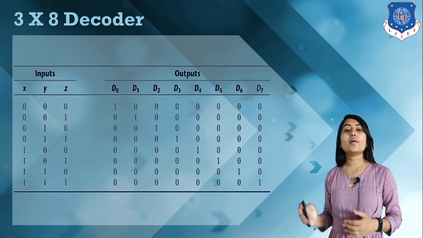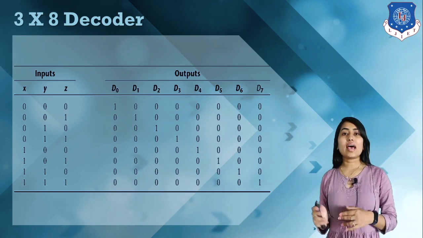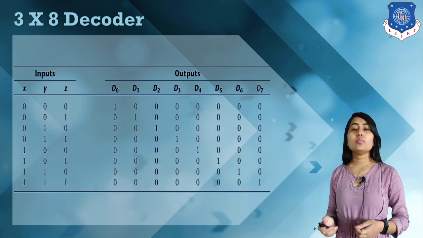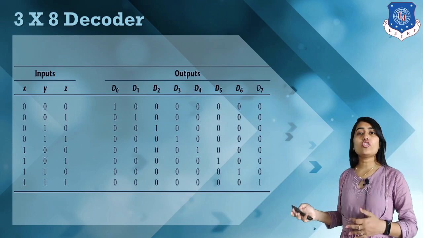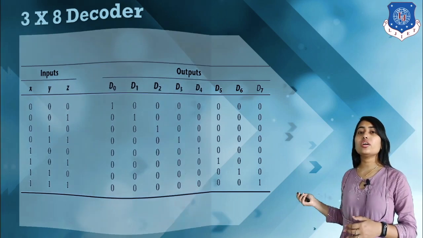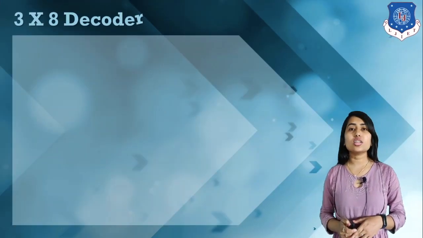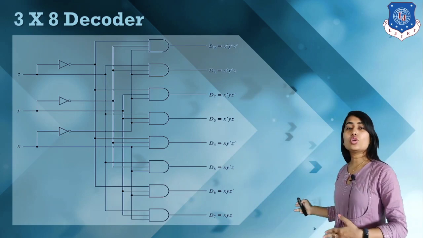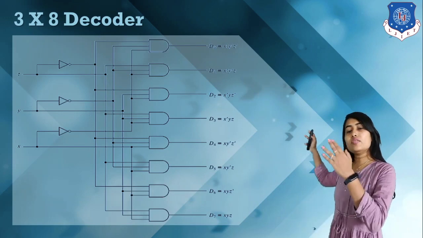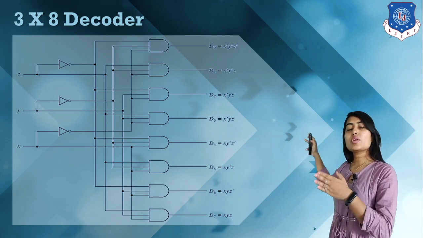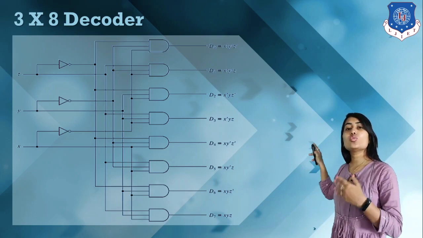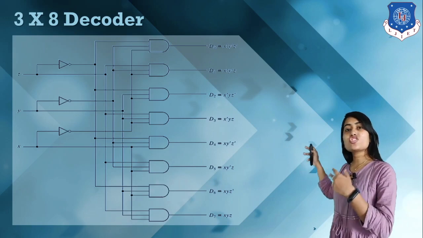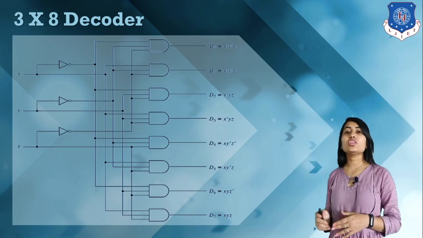Okay, so this is our 3x8 decoder, and using this 3x8 decoder we can write a logical diagram and logical expressions. So here we have a logical diagram and logical expressions for the 3x8 decoder. Here we have to use a total of 8 AND gates. So Y0 is equal to A'B'C', Y1 is equal to A'B'C, Y2 is equal to A'BC', and so on. Okay, so this is our 3x8 decoder.